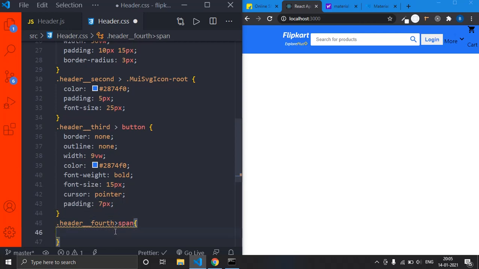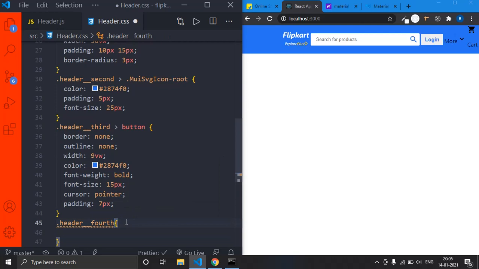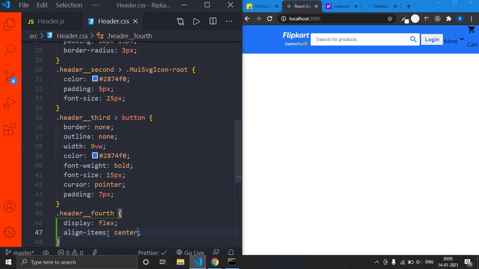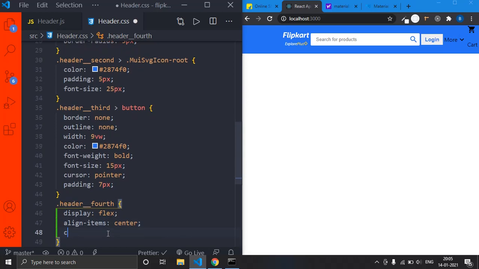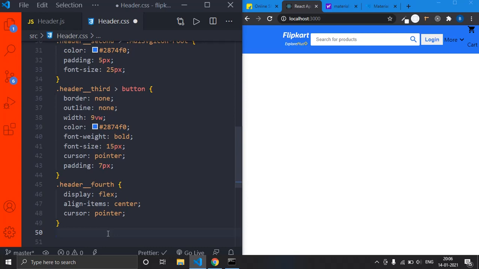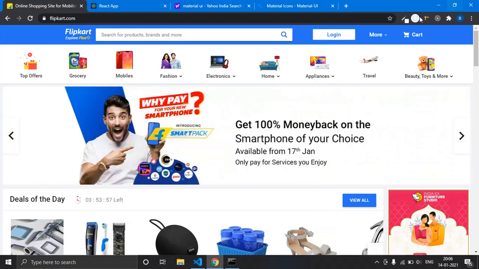So before targeting the span, I just want to give some sort of styles. Okay, now let us observe that. See, in the same way here, more is somewhat down and this arrow mark is somewhat up, right? So I just want to align them properly. In order to get that, I'll just type in display flex, and align items center. So this will make sure that they are aligned properly. And onto this also I just want to make cursor pointer so that the finger sort of cursor is shown. Okay, now again let us get into this and we'll see how it is. So it is a white color, right?